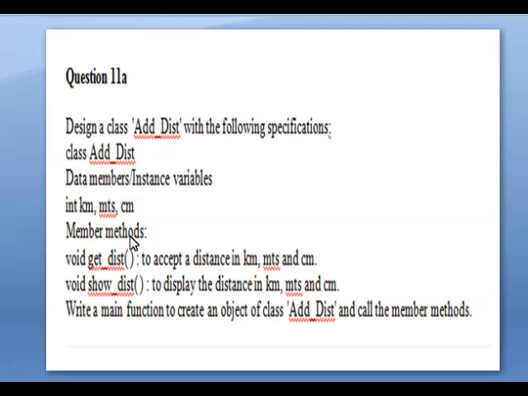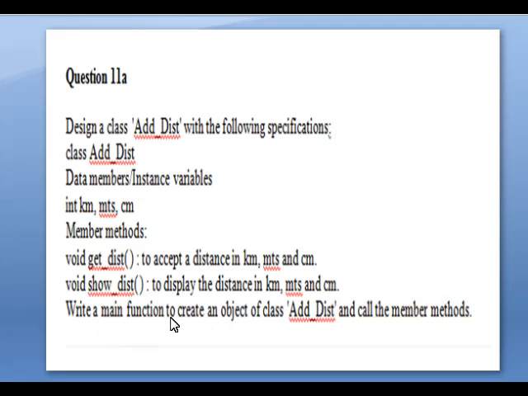Then member methods. What are the functions we are going to use inside the program? Void get distof. Okay, this is the first function. Here you have to accept a distance in kilometer, meters and centimeter. Then void show distof. Here, display the distance in kilometer, meters and centimeters.